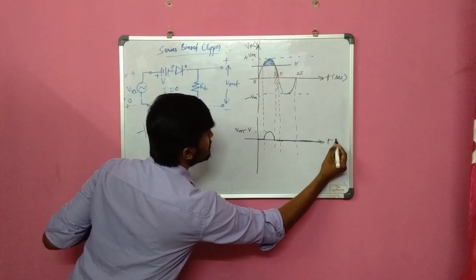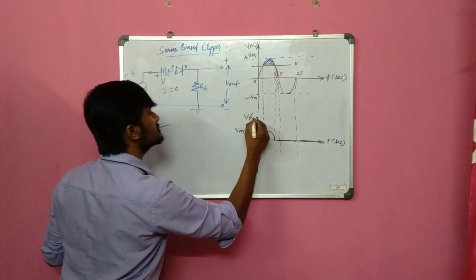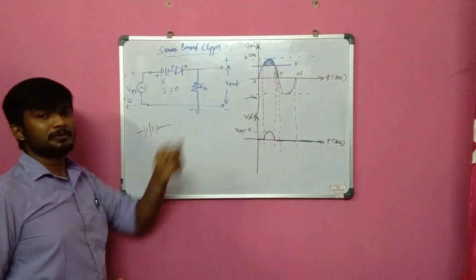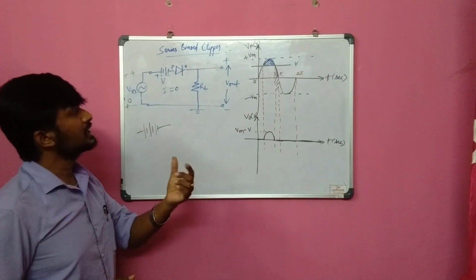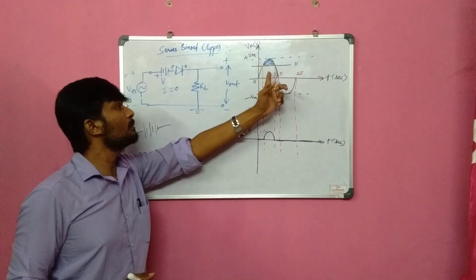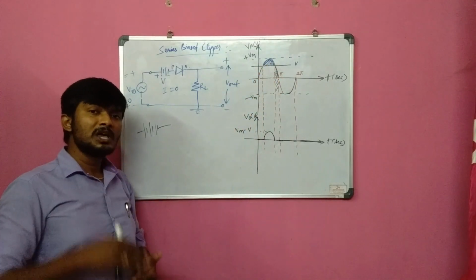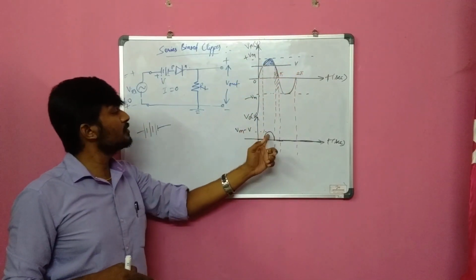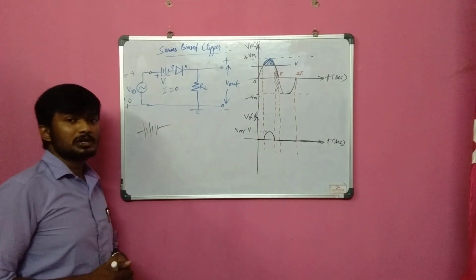Okay, so this is T in seconds. Okay, so this is the graph for output voltage V out. So this is about a series bias clipper. Only thing we have to understand is in the second journal what is happening. Second journal is voltages are above reference voltage. Voltage above reference voltage means output voltage is maximum voltage minus reference voltage. Vm minus V. This is the maximum of the obtained output graph in the second journal.